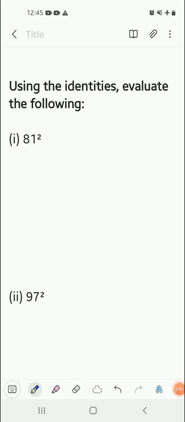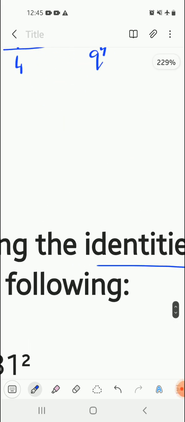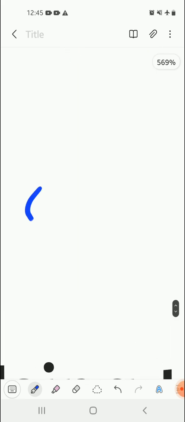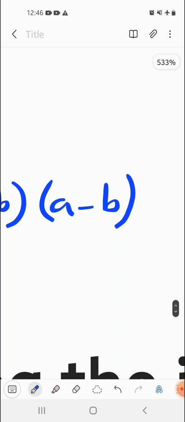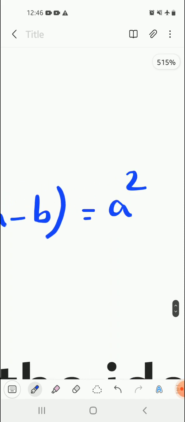In this topic we are going to learn how to evaluate using identities, algebraic identities. Now, what are identities? We will learn some simple identity formulas. One is very simple, that is (a plus b) into (a minus b) is equal to a square minus b